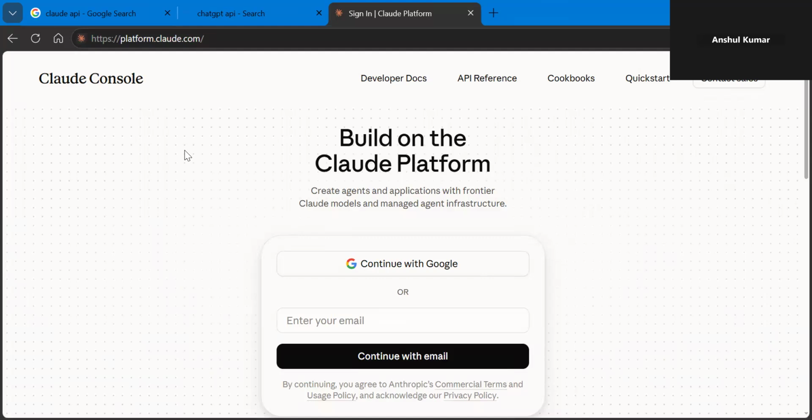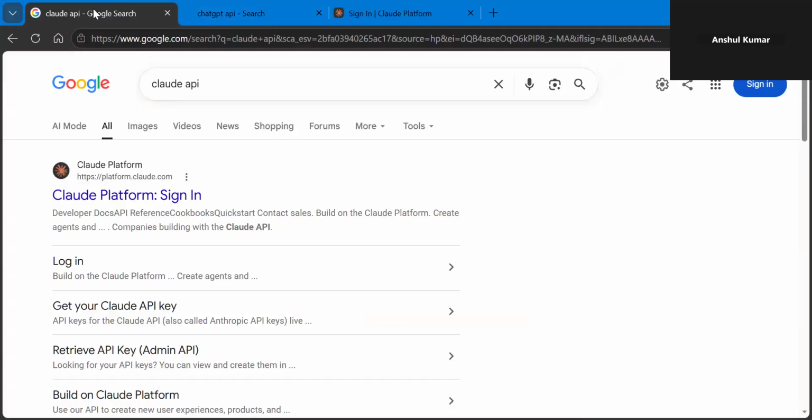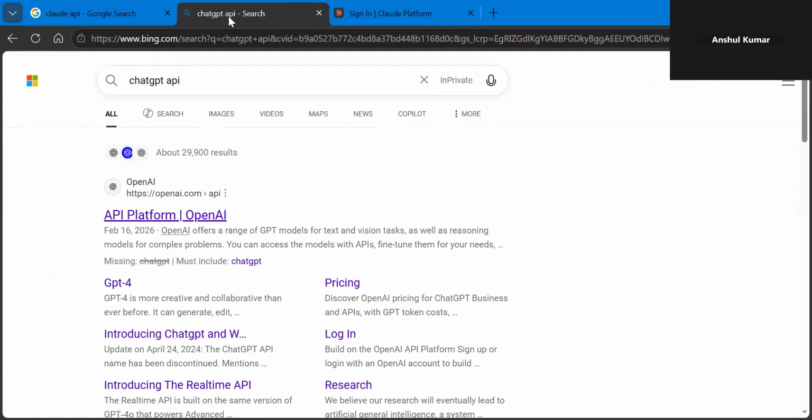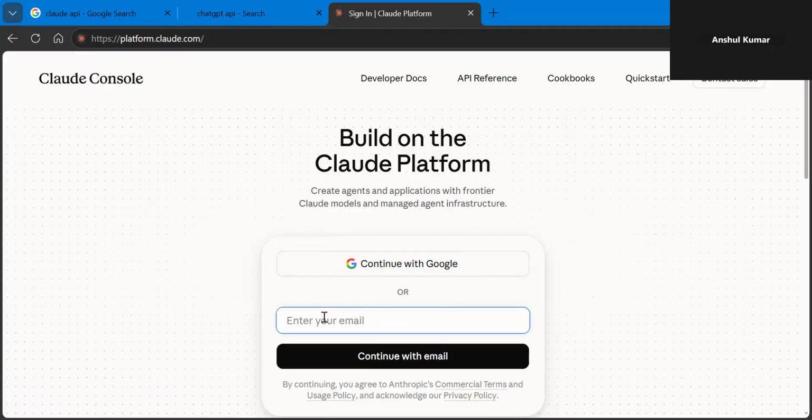So to get started, we'll go to platform.claude.com, as you can see here, or another thing you can do is just Google search for Claude API like this, and see it's the first hit right there. Or you can search for ChatGPT API, and ChatGPT has something very similar to what I'm about to demonstrate with the Claude free account. So what you'll do is sign in. Before you do this, you need to have a free Claude account or a free ChatGPT account. And then enter the email address associated with that here,